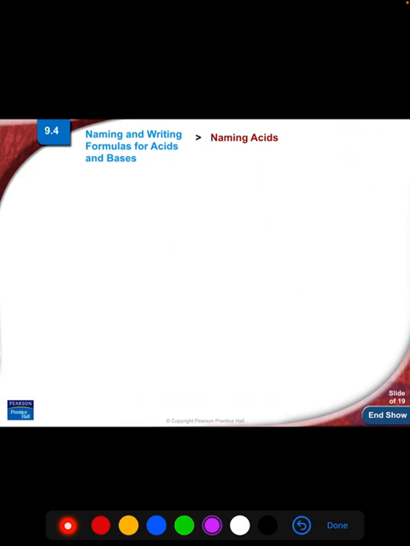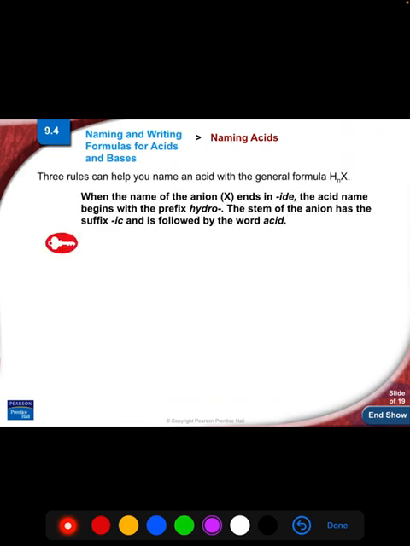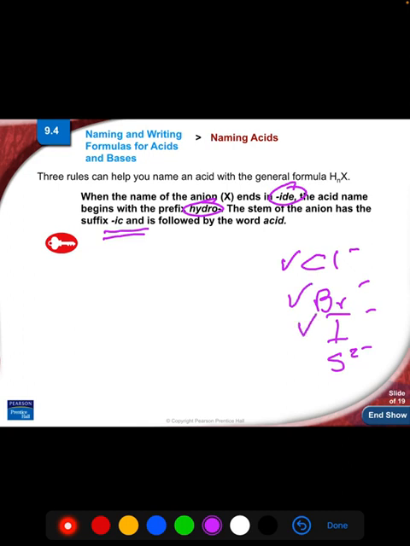It's called hydrofluoric acid, and we'll cover that naming next. So, the rule is if you have an ion that ends in "ide." So what would that be? Chloride, bromide, iodide. We'll see an example of sulfide. It would be a 2-, of course. Then what you do is you add the prefix hydro and change the "ide" to "ic." So this would become hydrochloric acid, a very common laboratory acid. We've used it. Hydrobromic acid, hydroiodic acid,